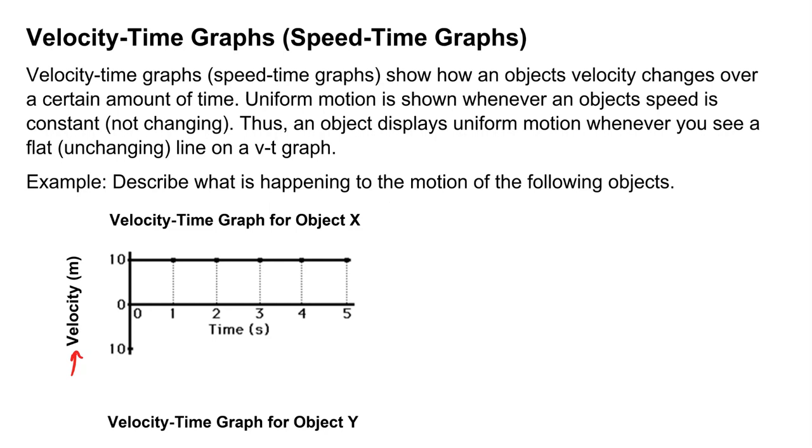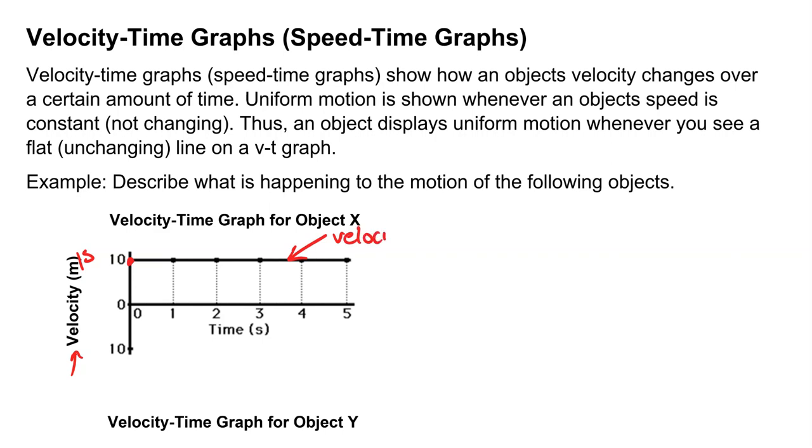So describe what kind of motion is going on in the following objects. We've got object X here, and it's not position anymore, it's velocity. So how fast is it traveling? Well, it's traveling at 10 meters. Sorry, this is meters per second. So it's traveling at 10 meters per second. And then after another second, traveling at 10 meters per second. And then another second, 10 meters per second. So this object, its